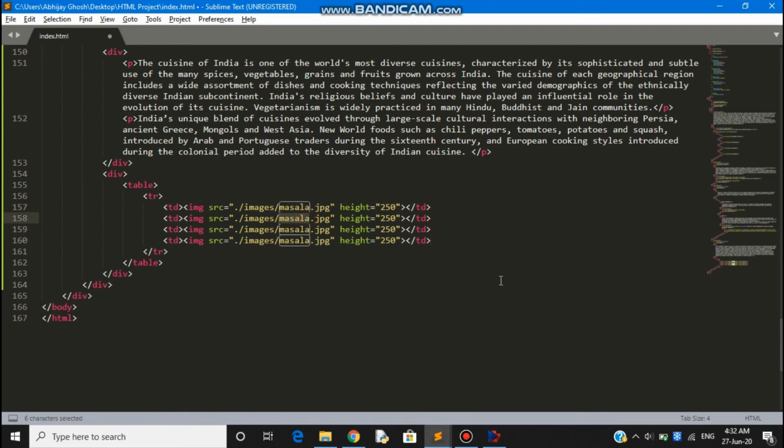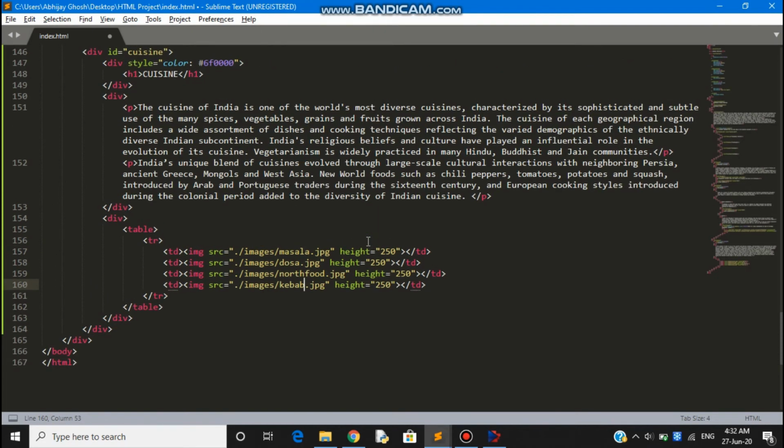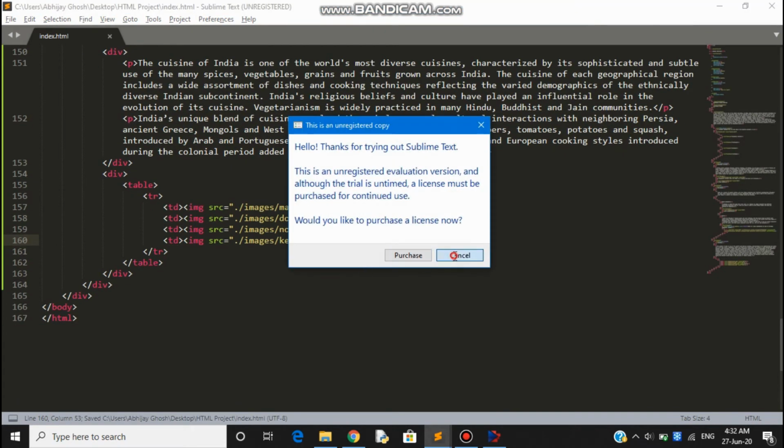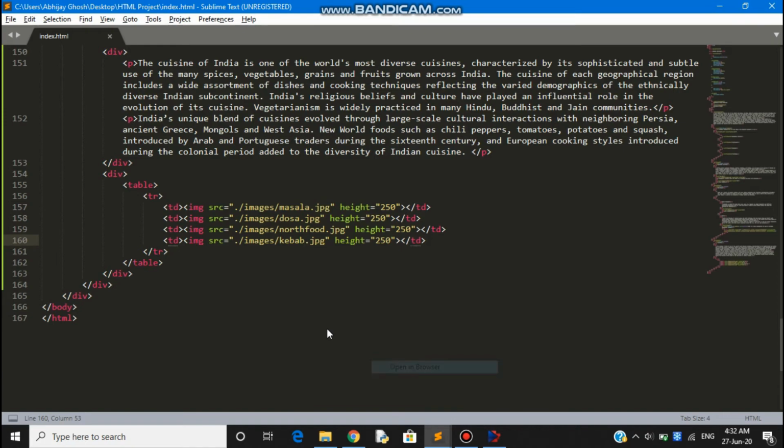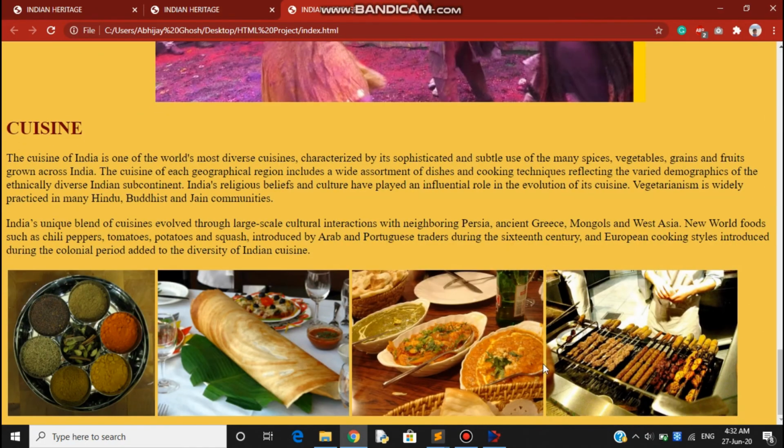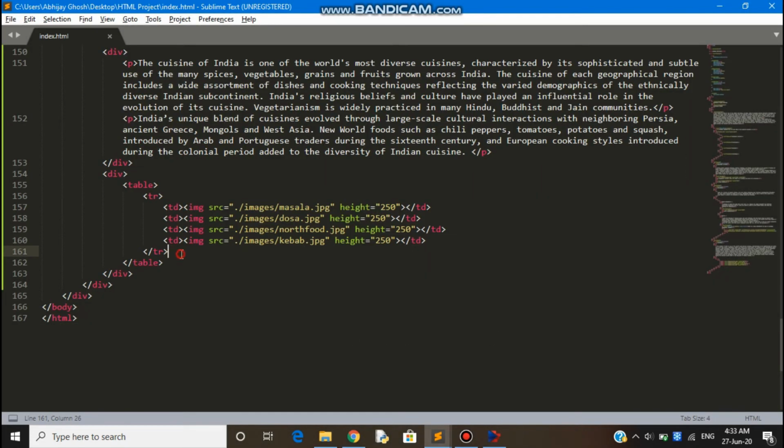We have written the masala image, and next we move on to the next table data. We copy the whole thing thrice more. This will be dosa, this will be north food, and this will be kebab.